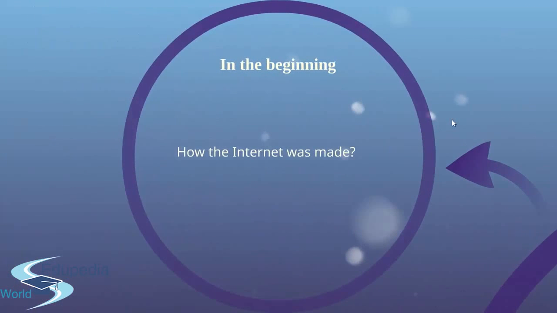Okay, so how was the internet made? The internet began its existence in the late 60s as an experiment in the design of robust computer networks. The goal was to construct a network of computers that could withstand the loss of several machines without compromising the ability of the remaining ones to communicate. Funding came from the US Department of Defense, which had a vested interest in building information networks that could withstand a nuclear attack.